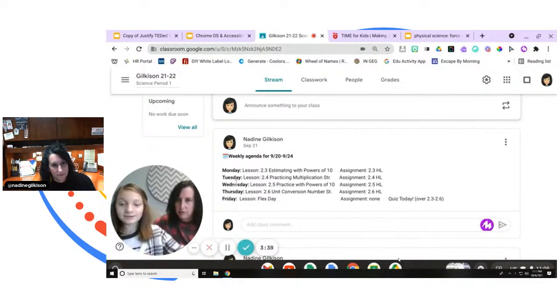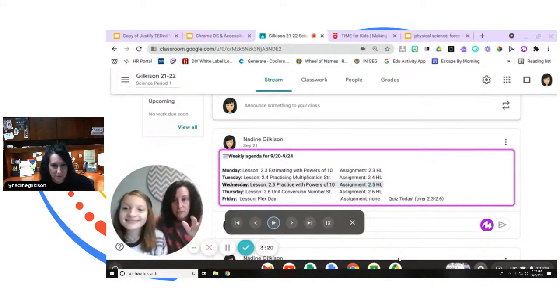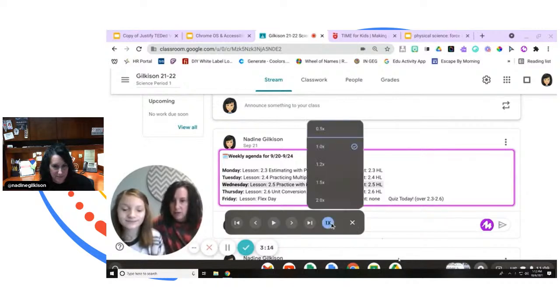Since I have an assignment, I don't know what the word is, and I'll hit it 3 times. And then I'll hit the search bar, then S. Wednesday, lesson 2.5 practice with powers of 10 assignment, 2.5 HL. Okay, now if you didn't realize this, on the screen here, we see that we have different options. So in other words, if Mackenzie wanted to change the speed of how fast this is reading it out